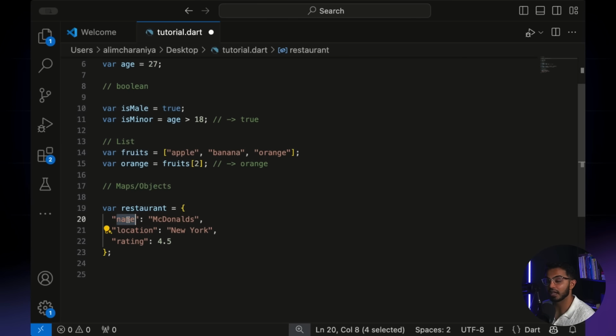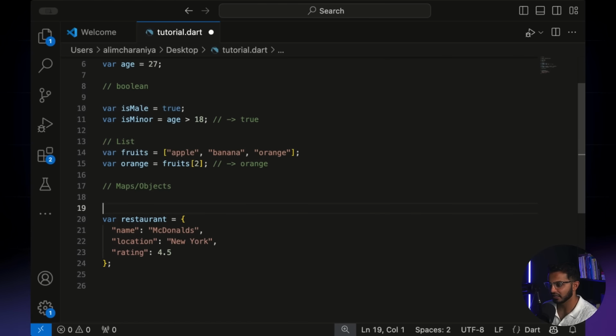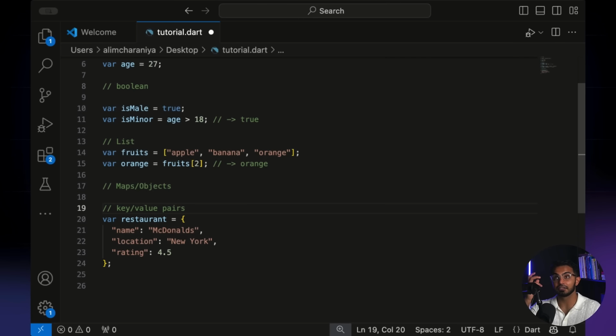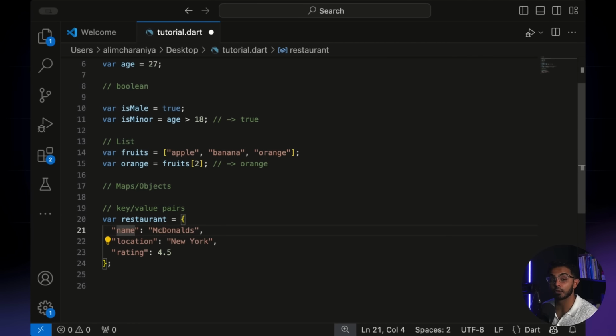Inside of the curly brace, you have something called a key value pair. Okay, this is super important to understand too. Key value pairs essentially mean a relationship of two things, a key and a value. A key is like the label, and the value is the representation of that label. So think about it this way. The key of a restaurant would be like name, because every restaurant has a name. And the value would be the value of that name, or what that name represents, okay?